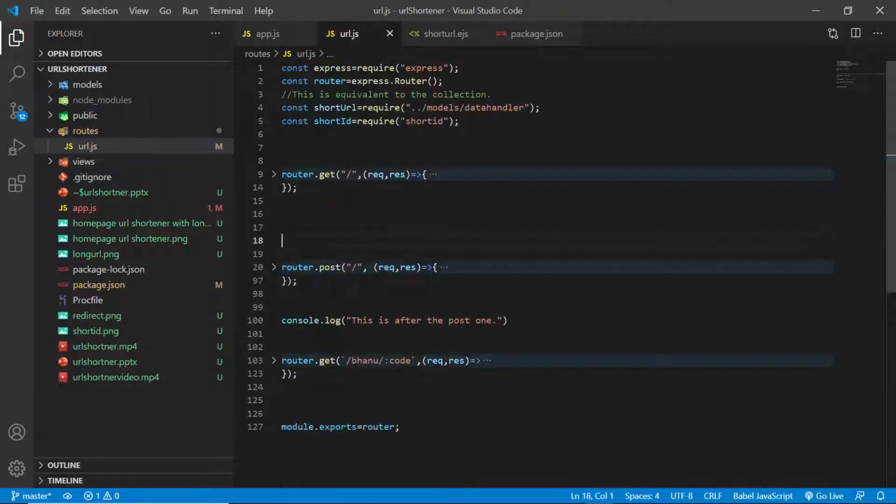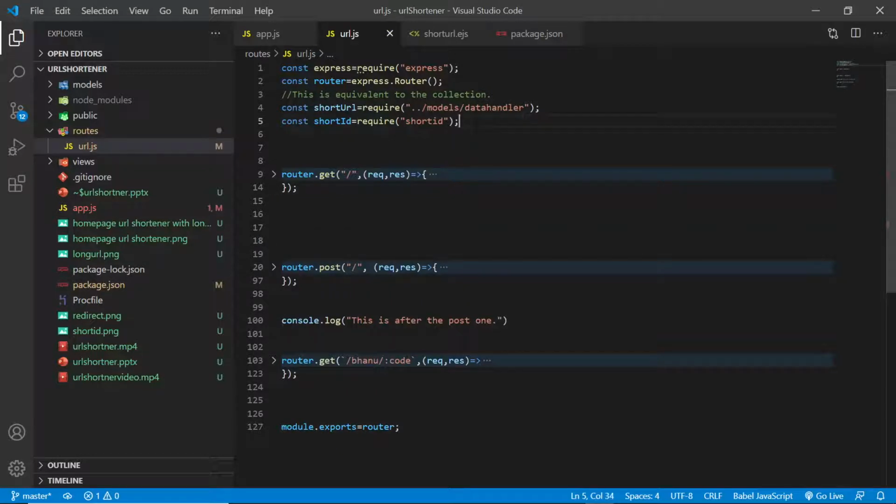Now let's go to the url.js. This is the main part of our application which handles all the particular routes, right? In this url.js, this is the application which I have deployed to Heroku. In between, I may find the exact code for the deployment. I will explain what we can do in order to run it in the local system, on the local server, that is localhost. I will tell the changes also, but actually I made changes for the deployment.